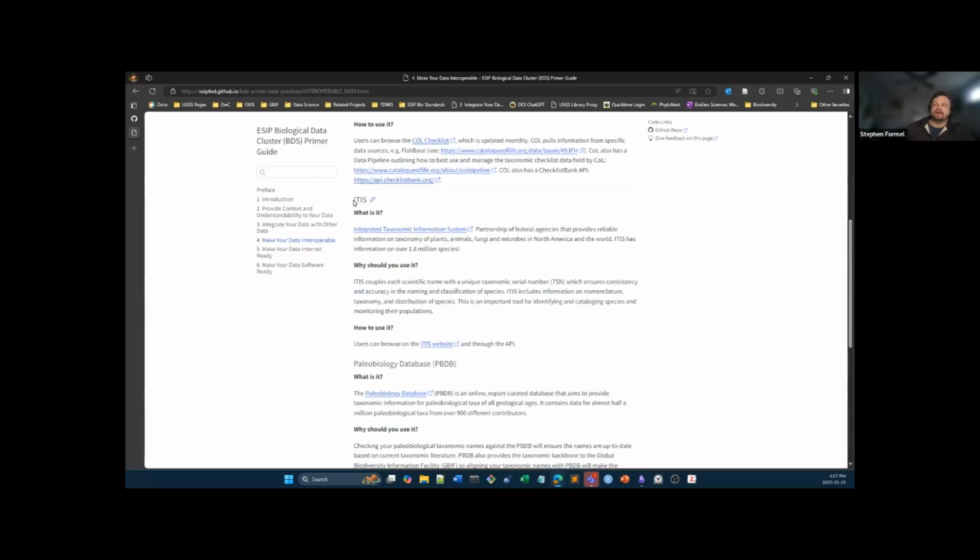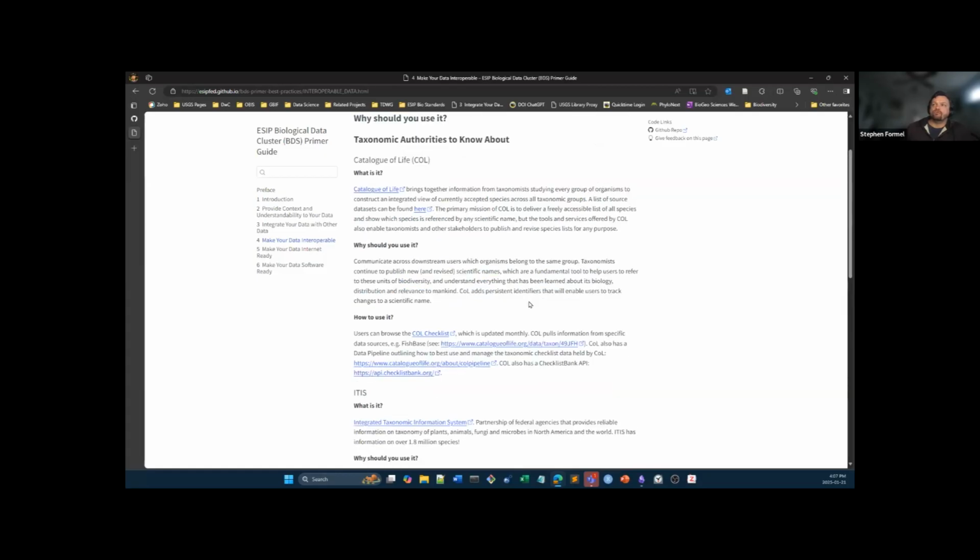And then ITIS is a USGS Smithsonian collaboration that has been used in the United States for a long time, that also feeds into the Catalog of Life, which seems to be becoming a bit of a front runner, at least in the biodiversity world. GBIF is moving towards Catalog of Life. The point is there's certainly more taxonomic databases out there than this. There might be real quirks about using them, so feel free to give us feedback there.